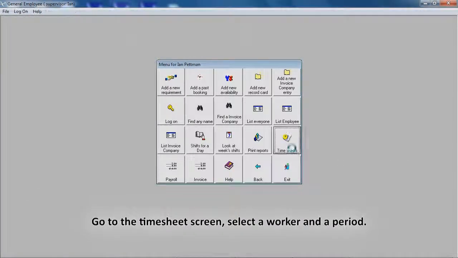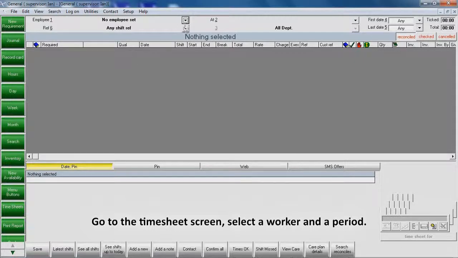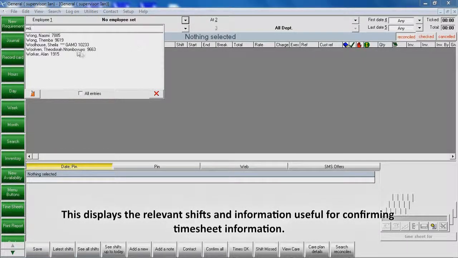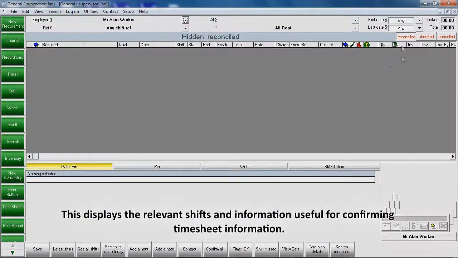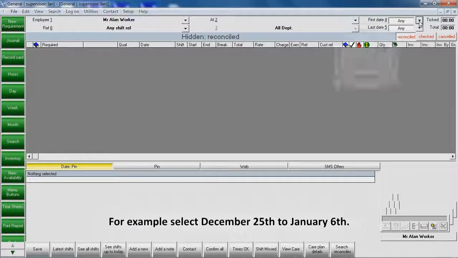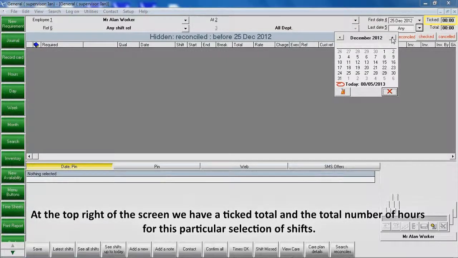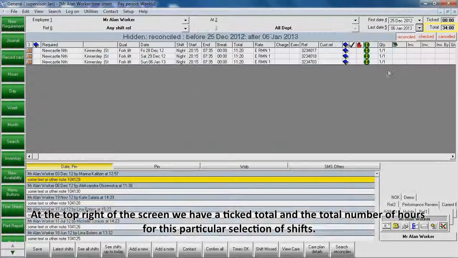Go to the timesheet screen, select a worker and a period. This displays the relevant shifts and information useful for confirming timesheet information. For example, select December 25th to January the 6th. At the top right of the screen we have a tick total and the total number of hours for this